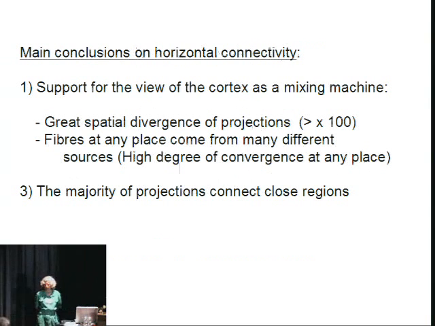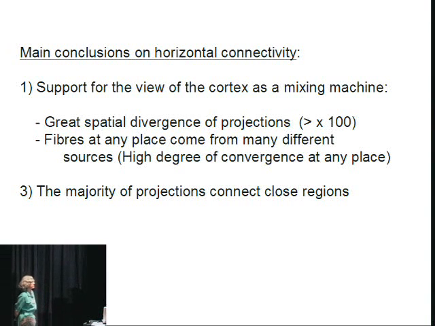So these are the main conclusions on horizontal connectivity from these two studies. Namely, on the whole, they are in support of the view of the cortex as a mixing machine. You have a great spatial divergence of projections, and at any given place, fibers come from many different sources, so you have also a high degree of convergence at any place. And from both studies, one can see that the majority of projections connect close regions. And this is something we heard also already this morning, I think by you,